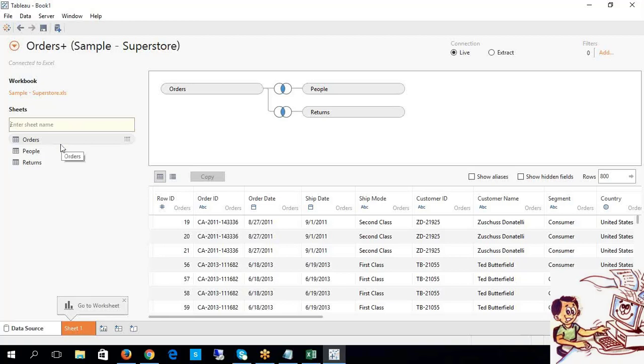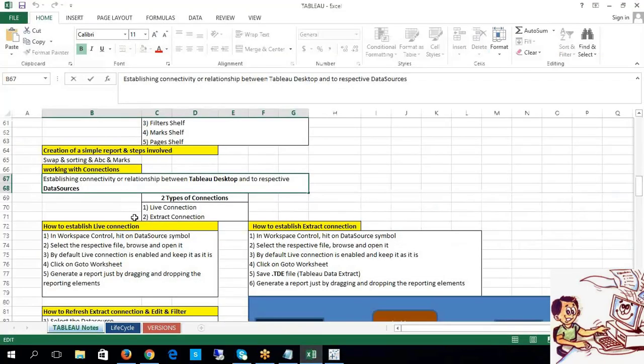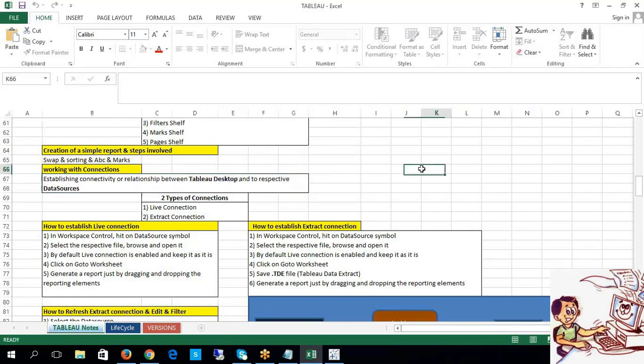Okay, now look at this. Now, a live connection. This connection is used to establish the connectivity or a relationship between Tableau Desktop and the respective data sources.